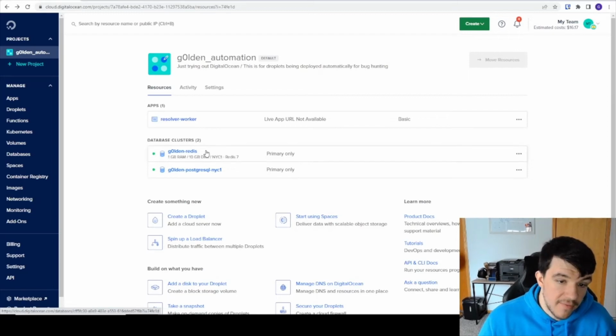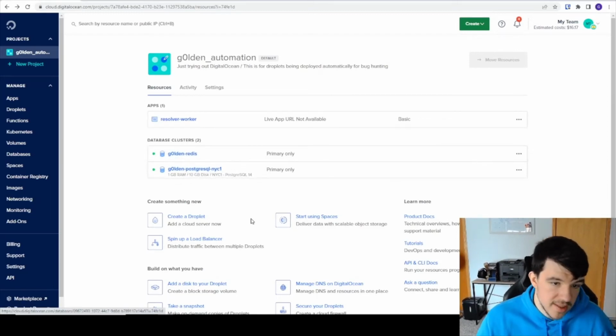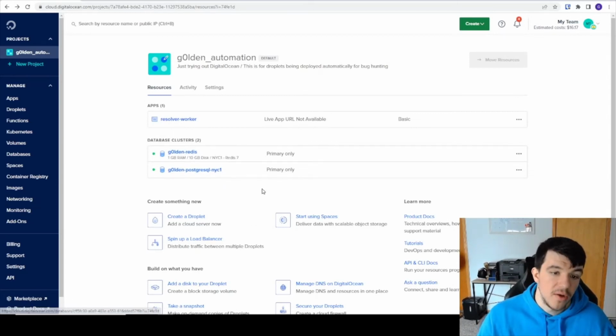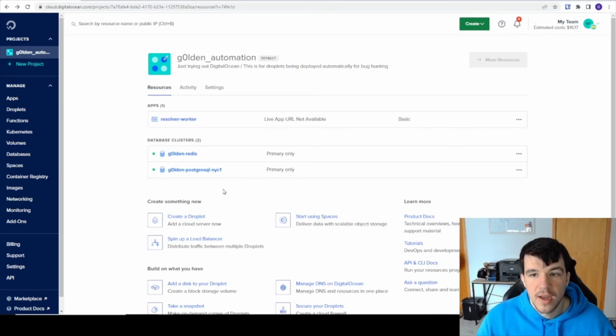And as you can see, I have a Redis queue here, and I also have a Postgres database. And these are the databases that I use to do what I was just showing you, right? It's pulling from this Redis queue, and it's storing data in this Postgres database. I'm not going to click on it because there's credentials and stuff in there, but